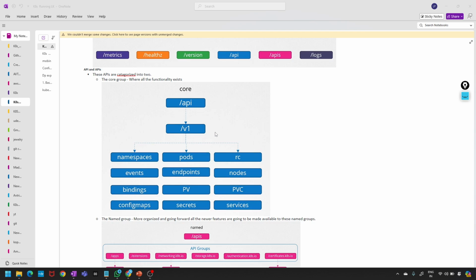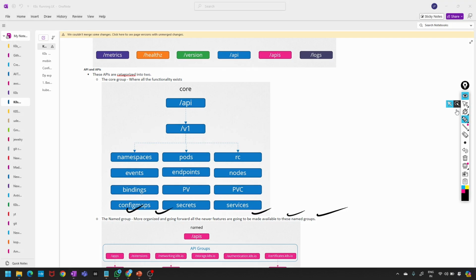The core group is where all the core functionality exists, such as namespaces, pods, replication controllers, events, nodes, endpoints,